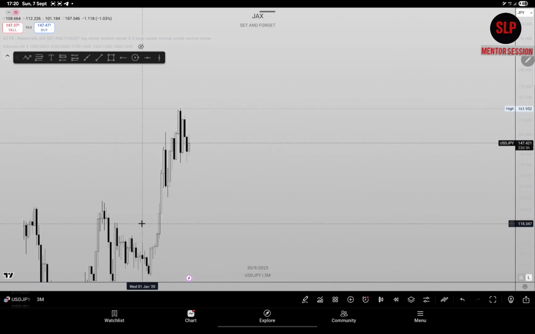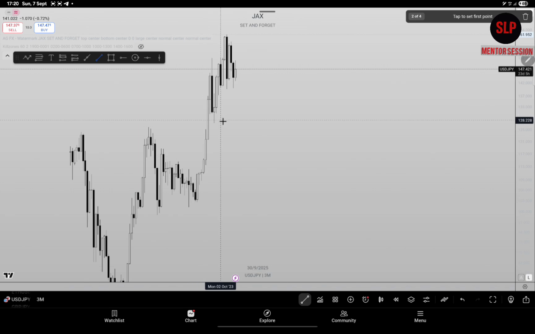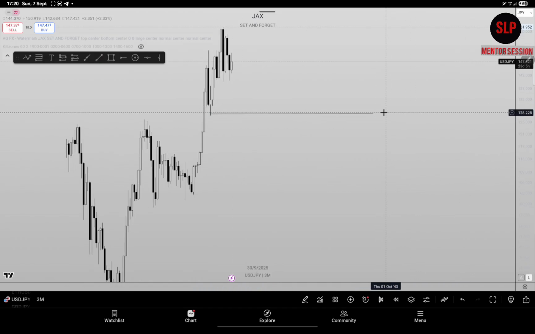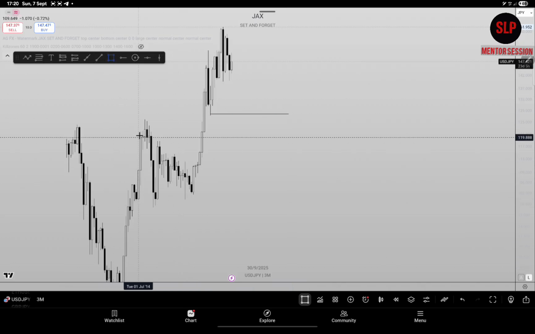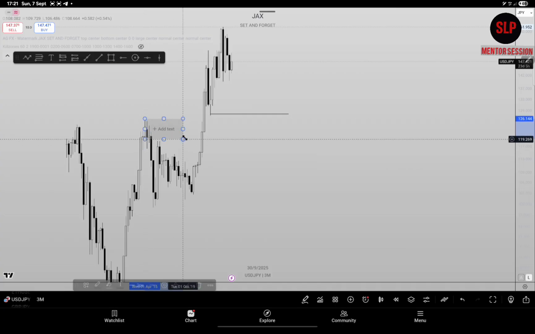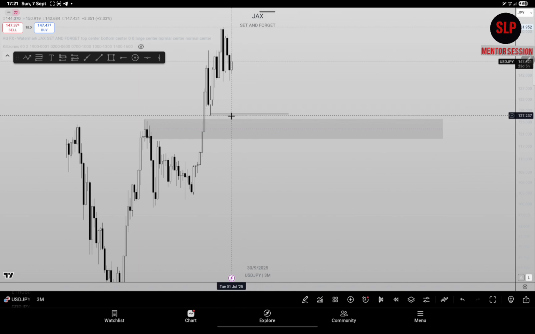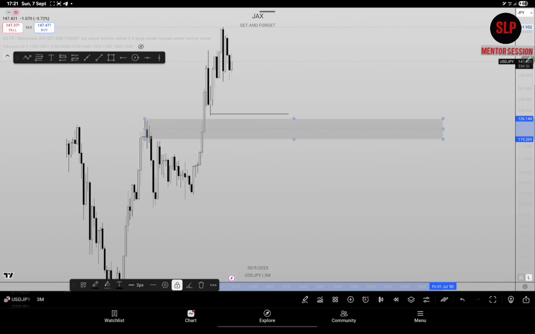Firstly, the first thing I would like to mark out on the 3 months time frame is that I can spot liquidity. This stuff doesn't need to be too far. This video will be as long as necessary, but I'll try to make it as short as possible. So this is my liquidity, and of course this is the breaker block. Simple stuff. So we have liquidity, we have the breaker block. This is the first thing I'm seeing on my 3 months time frame. This is exactly what I just marked out.